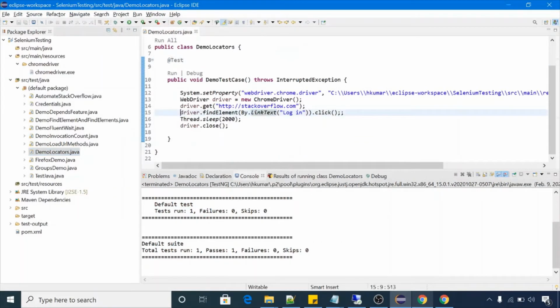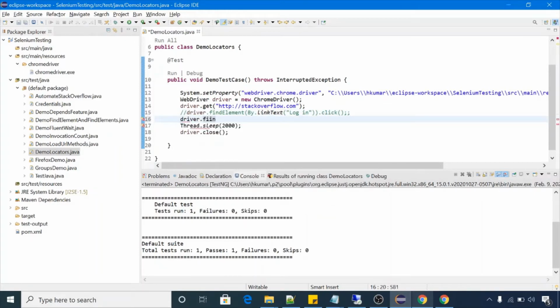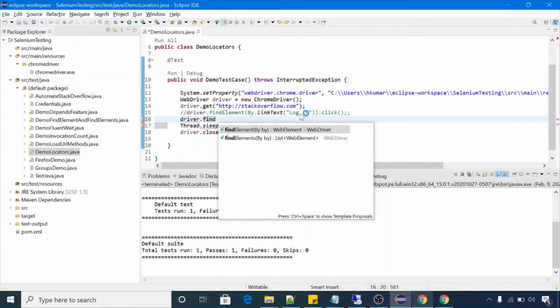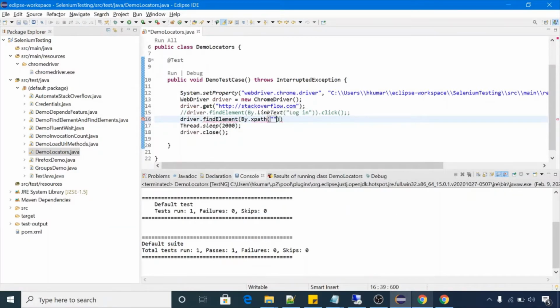Now we used link text. Now we will use some common strategy, that is XPath. So driver dot find element by dot XPath, and here we have to pass the XPath for this element. Now how will you find the XPath for this element using Chrome browser?